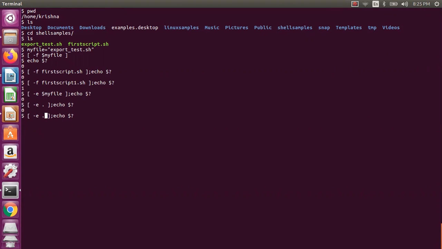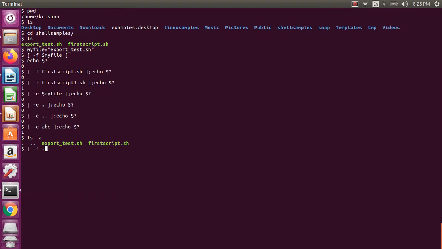So the parent directory, yeah, it will exist. So something like this, I say abc, which is not there, so it will be 1 actually. Exist means exist file or directory, it will be a file. Now let us assume, because whenever I say ls -l, by default current directory, parent directory will be there actually. So now let us assume this particular directory, whether it is a file or directory, we will try actually.